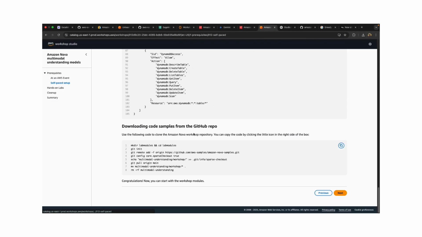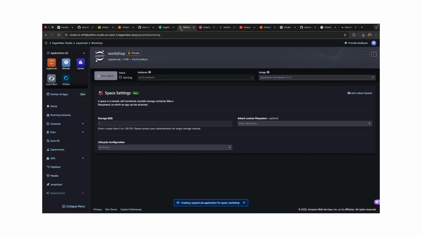While that's getting loaded, this is the stuff you'll need. So copy, and once it's here now, I'm going to hit open JupyterLab.